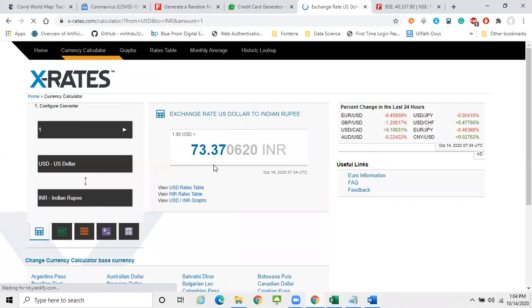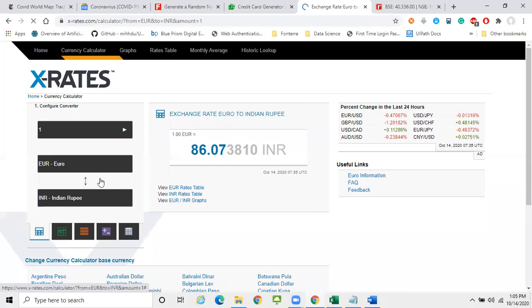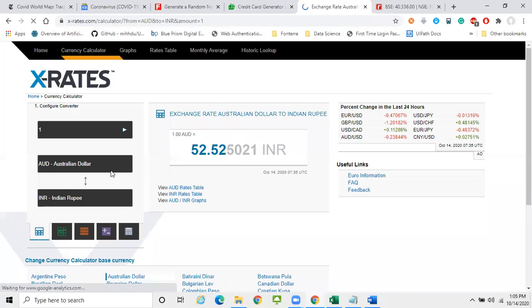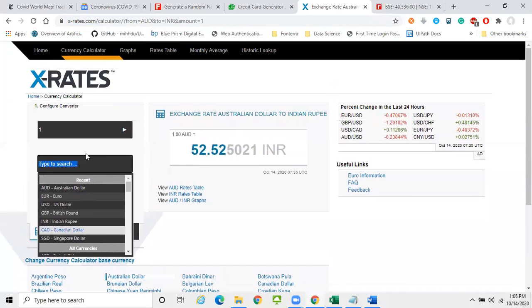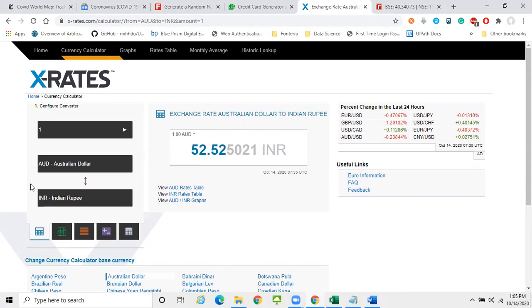Once you click on currency calculator, you'll see the exchange rate for US dollar to Indian rupee. Currently it is 73.37. In the same way you can repeat it for all currencies. What is the euro for Indian rupee? What is the Australian dollar for Indian rupee? So you can explore all the currency values from the drop down table and compare them with Indian rupee